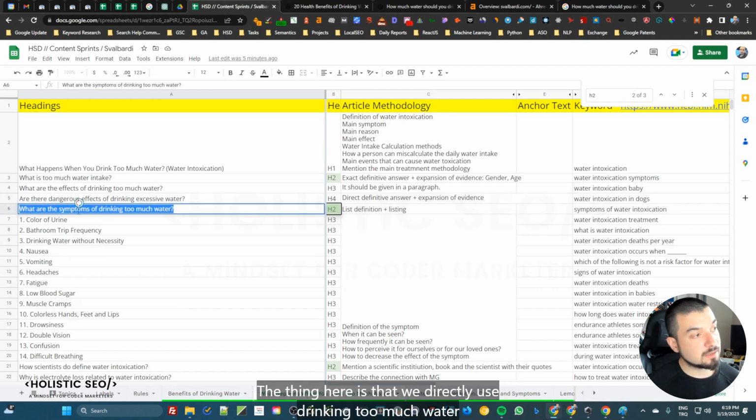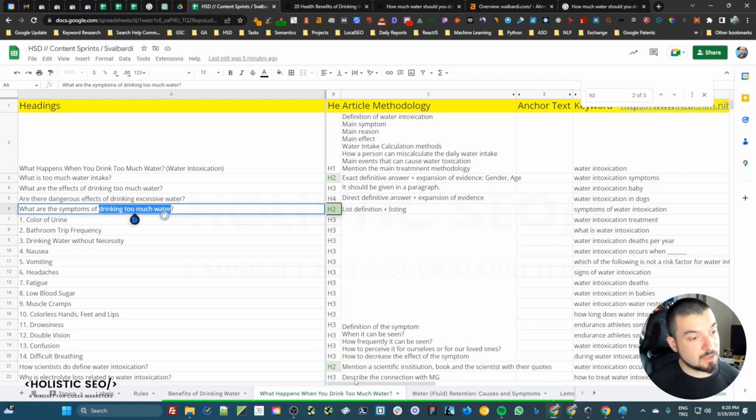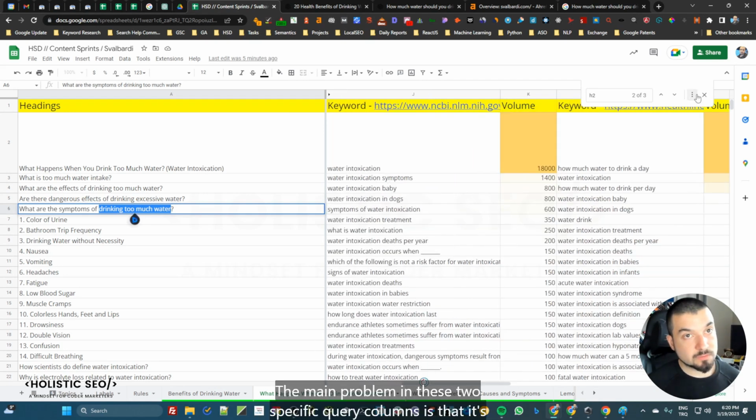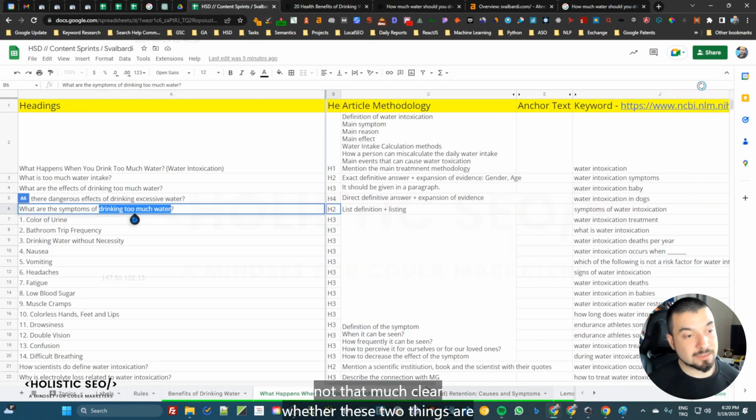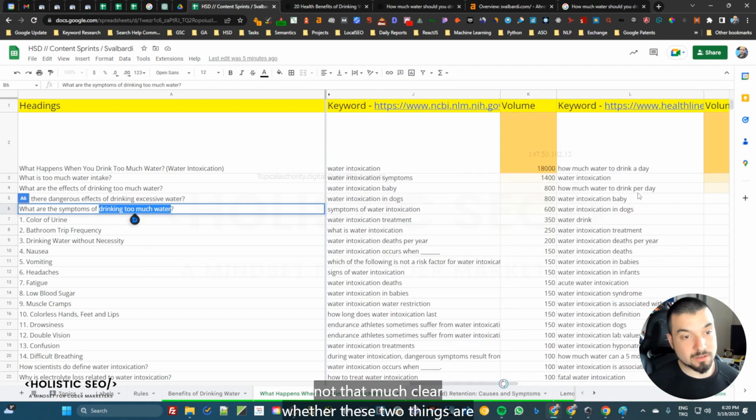The thing here is that we directly use drinking too much water and then we tell symptoms. Drinking too much water is a phrase sequence which is a synonym of water intoxication. The main problem in these two specific query columns is that it's not that clear whether these two things are synonyms to each other or not.